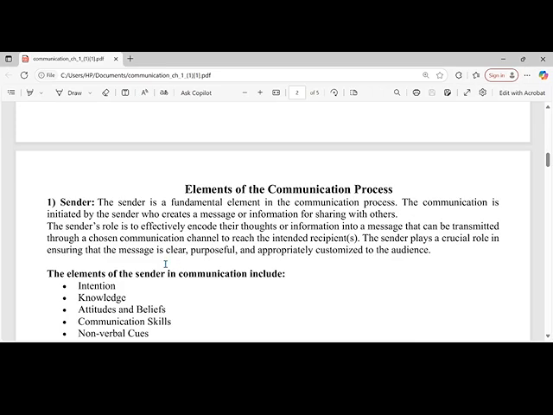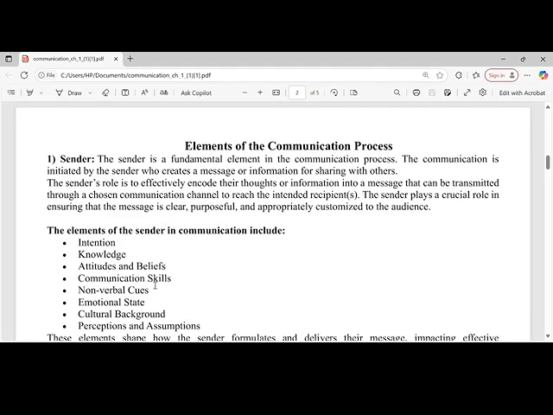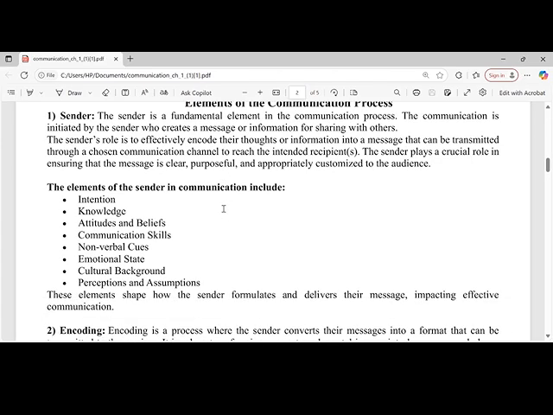So in detail, the elements of the communication process: the sender. Sender is the fundamental element who initiates the communication and creates a message or information to share with others. His role is to effectively encode his thoughts and information into a message form, which can be transmitted through a chosen communication channel to reach the intended recipient. So the sender plays a crucial role in ensuring that the message is clear, purposeful, and appropriate